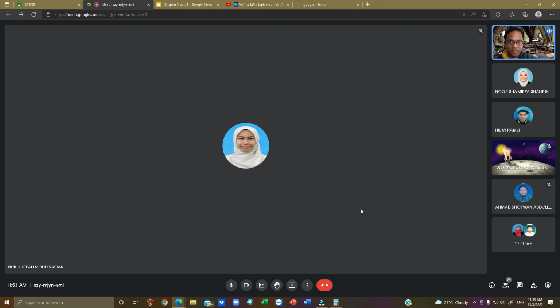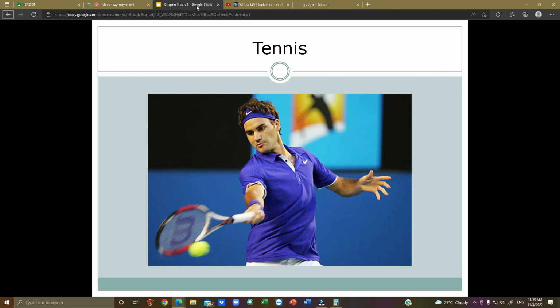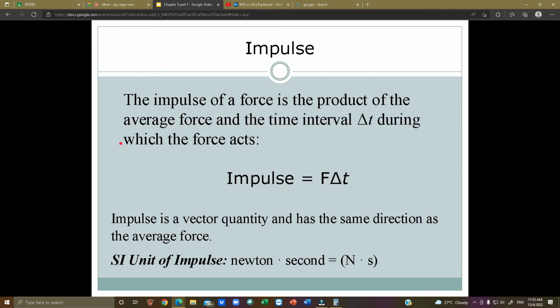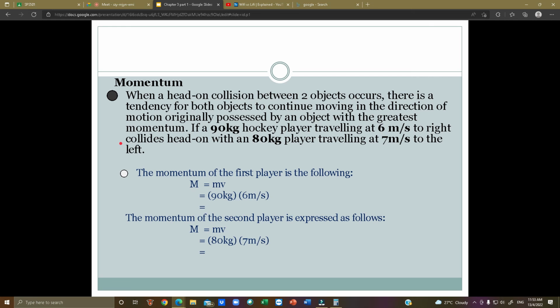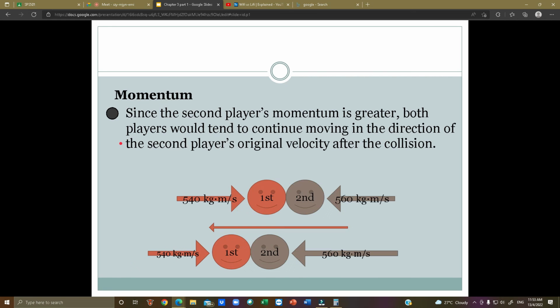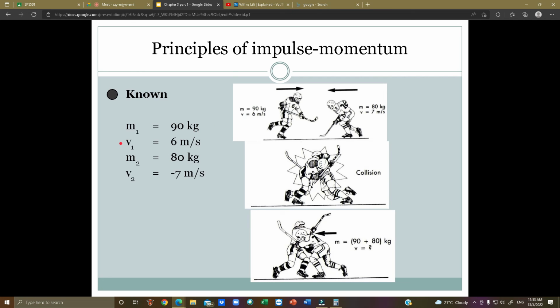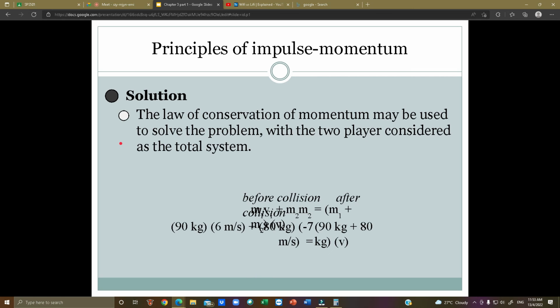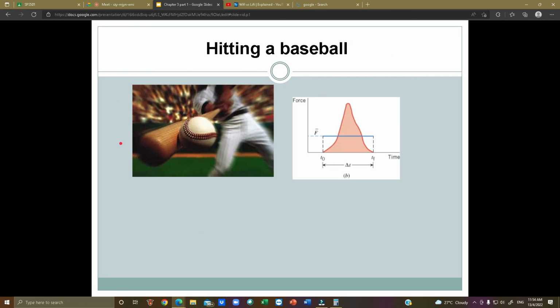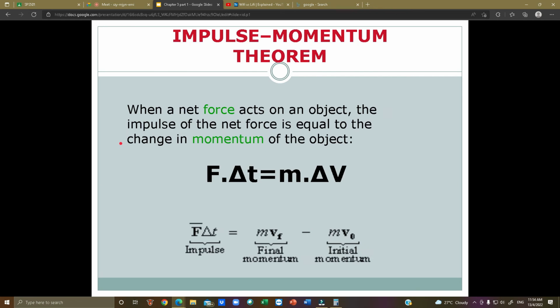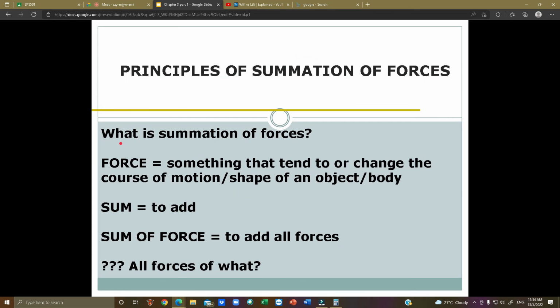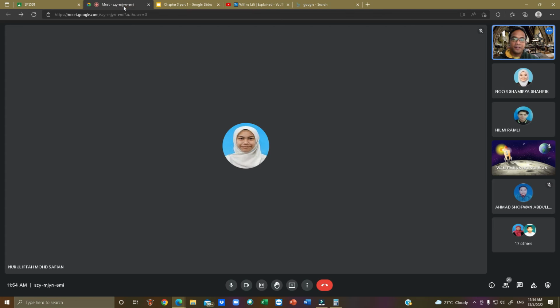Okay, the notes earlier, if you look at part 1, at the back they give other examples, and then they give the same thing that we have discussed about impulse, about momentum, and about the principle of impulse momentum conservation and how we want to manipulate impulse and momentum. So I'm not going to repeat the same thing again. Please read through the examples that were given. And next class we are going to continue with the principle of summation of force. The notes are still the same notes towards the end. Okay, any questions?